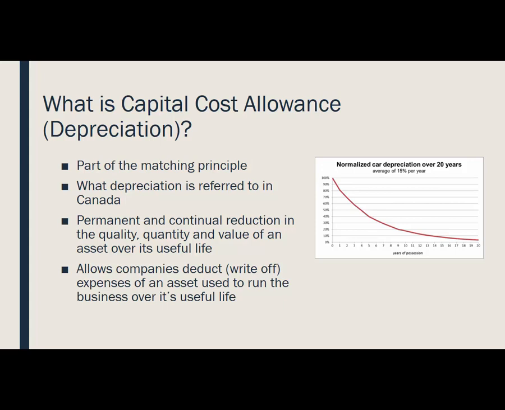For companies, they could, let's say, purchase a car for $25,000. Even if they pay for it immediately, if they record the $25,000 immediately in their financial statements, that will really throw off their income, their profit, or their loss for that year. What depreciation allows for is for the expenses to be deducted, to be written off from those assets over their useful lives. So what's a useful life? That would be how long a car would be expected to last. Okay?